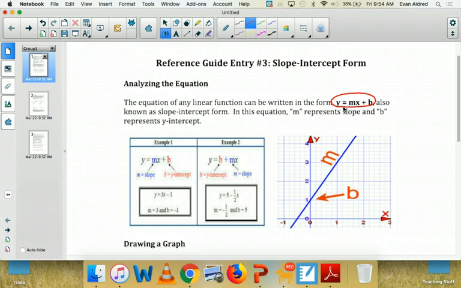And this is kind of like a skeleton equation, if you will, where each letter represents something different. M will represent slope, B will represent y-intercept, and that's where the term slope-intercept form comes from. And then x and y will each represent coordinates of a point that lies on that line. Okay, and you can see that information here, where we see that M represents slope, and B represents y-intercept, slope-intercept